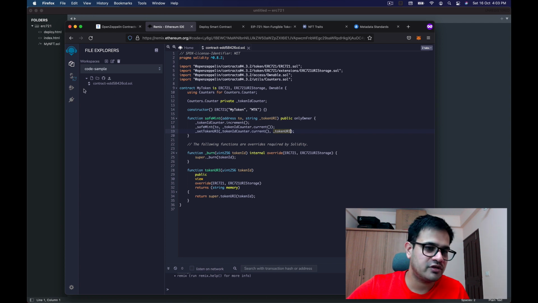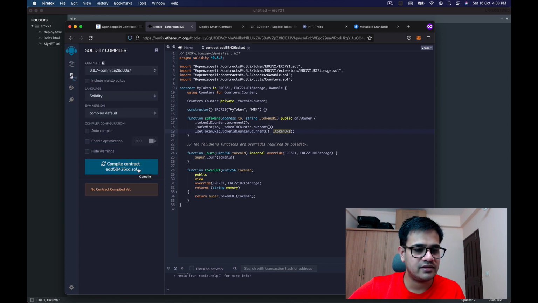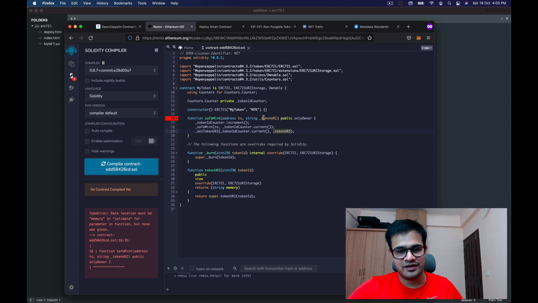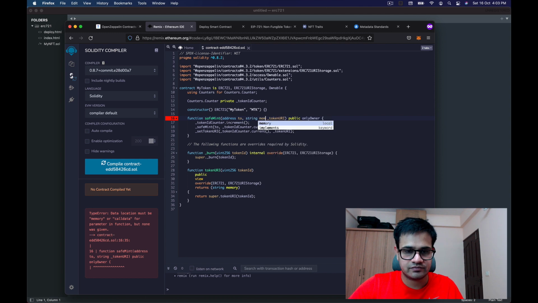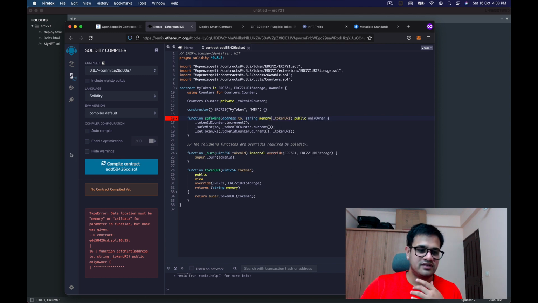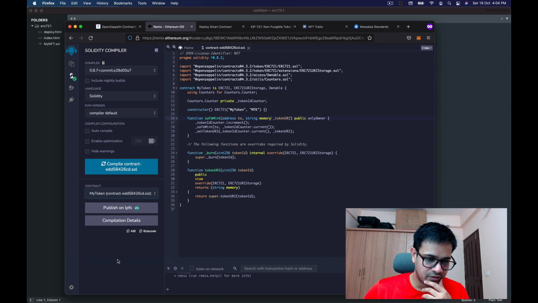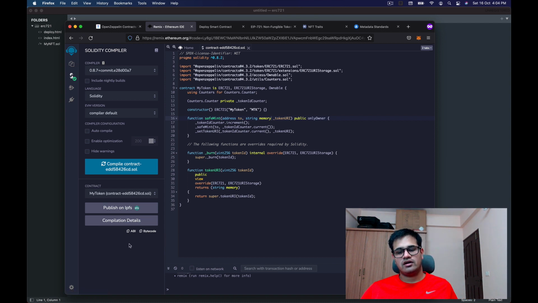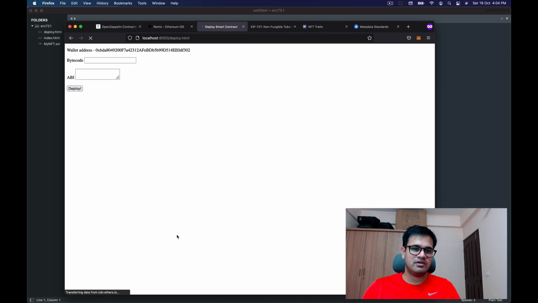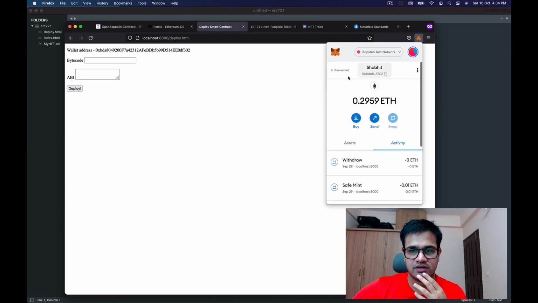The next thing that we need to do is basically go here and compile this contract. And there's some error already, and the error is that I haven't added memory here. So once this is done, it should compile for sure, and it did. Great. So now I'll select my token as the contract, and the next thing that I'll need is the bytecode and the ABI. Now off camera, what I've done is created this simple page where once you connect with the